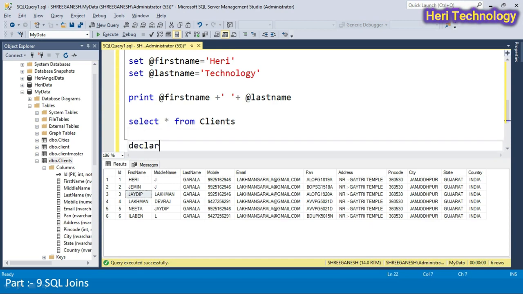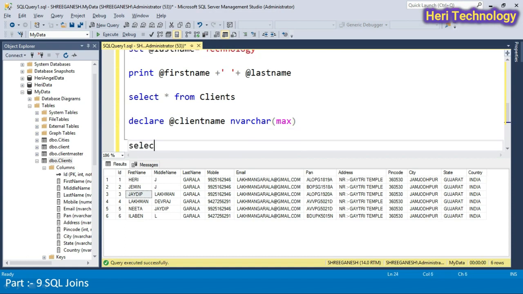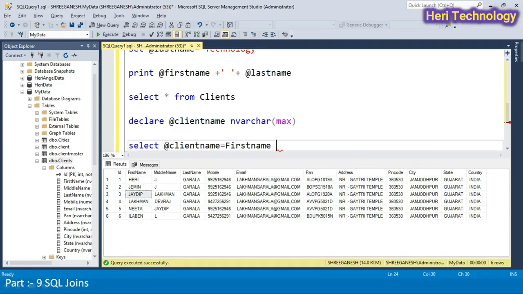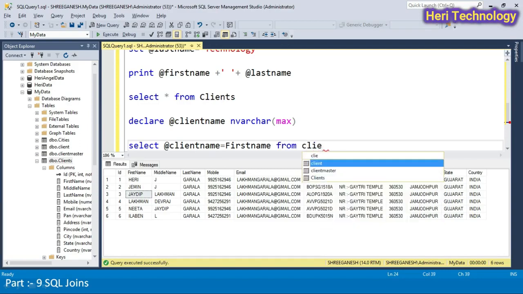Now we declare a variable and use it with a table. Name varchar(max), and select @client_name equal to first name from the demo table,